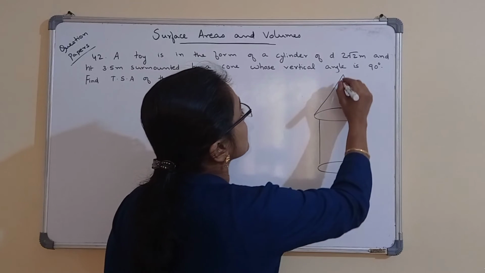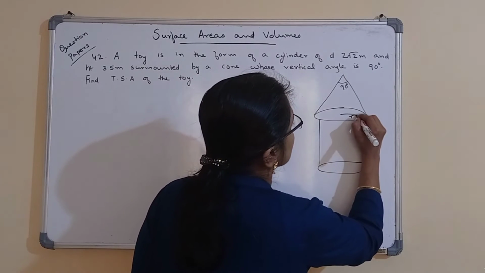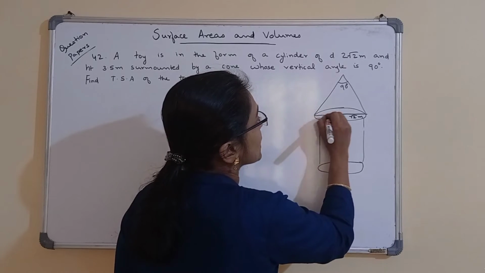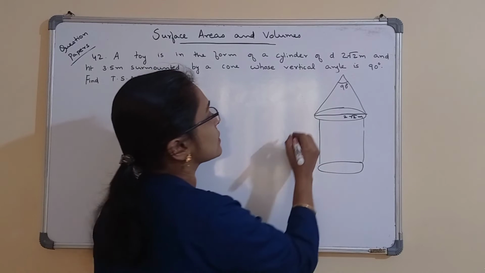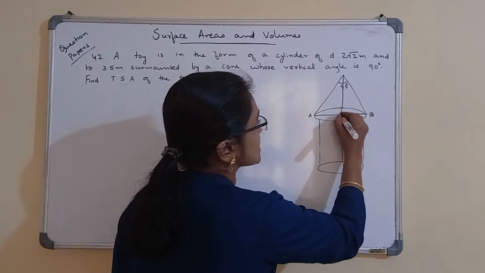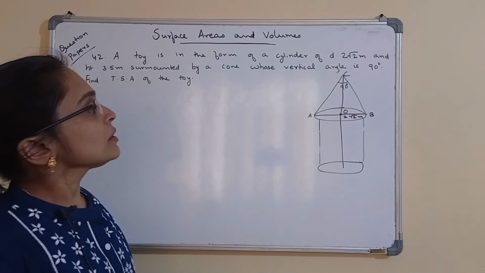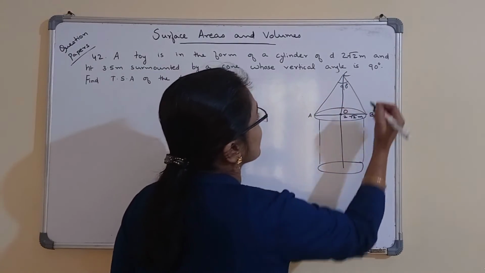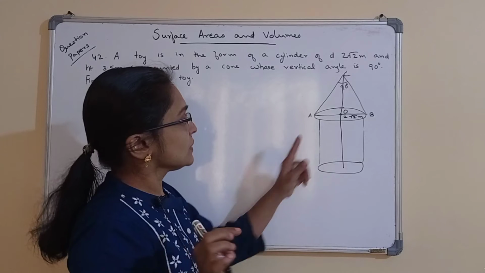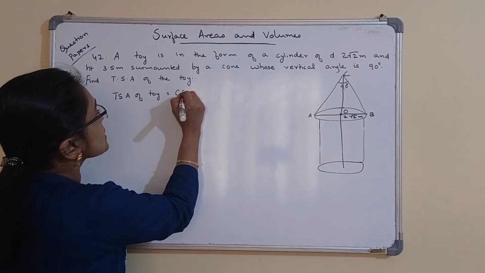And given that the diameter is 2√2 meter. So this radius is √2 meter. 2√2 by 2 is √2. And we can take this as 2√2 meter. Now let us consider this as AB and this is the center. We can take it as O. And let this be C. Okay. Now we have to find the slant height of this cone because we have to find curved surface area of this cone. The total surface area of toy is equal to curved surface area of